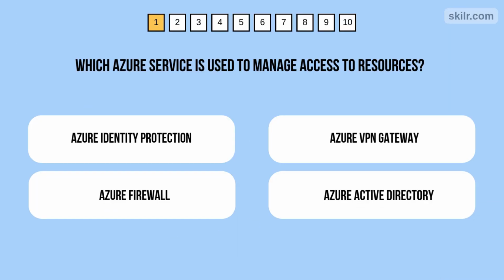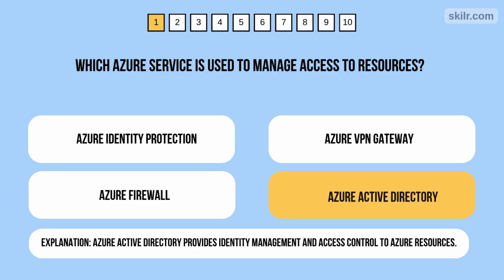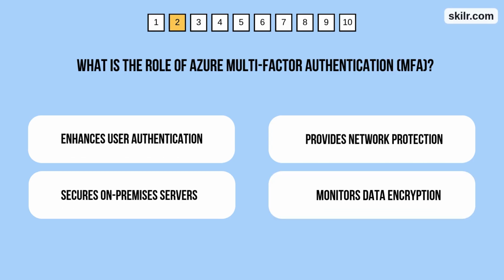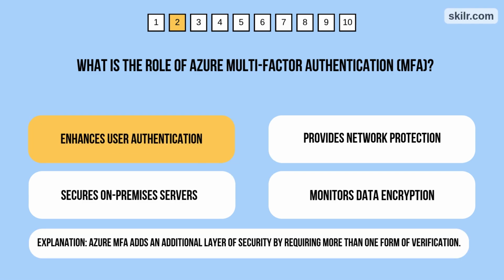Question 1. Which Azure service is used to manage access to resources? The answer is Azure Active Directory, as Azure Active Directory provides identity management and access control to Azure resources. Question 2. What is the role of Azure Multi-Factor Authentication, MFA? The answer is enhances user authentication, as Azure MFA adds an additional layer of security by requiring more than one